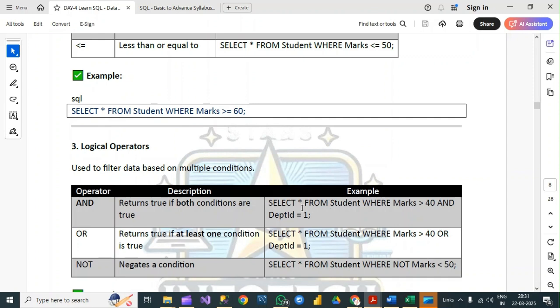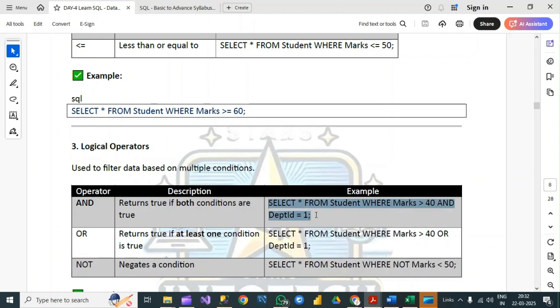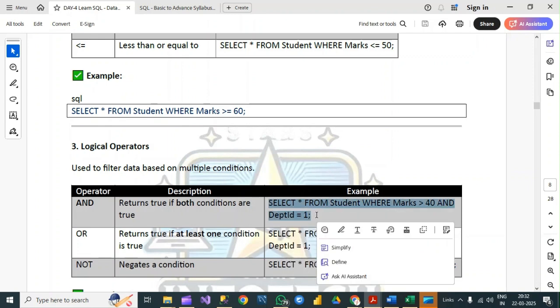For example, select star from student where marks greater than 40 and department id equal to 1. If I select this query and execute it,